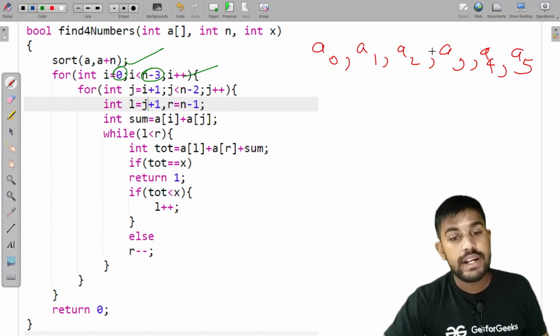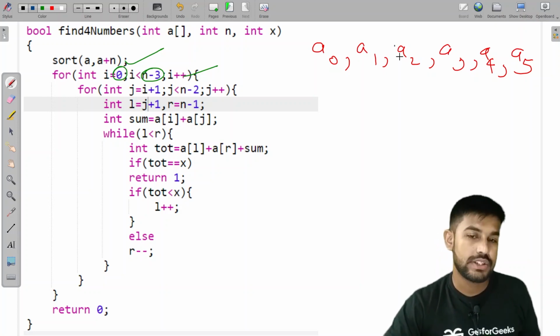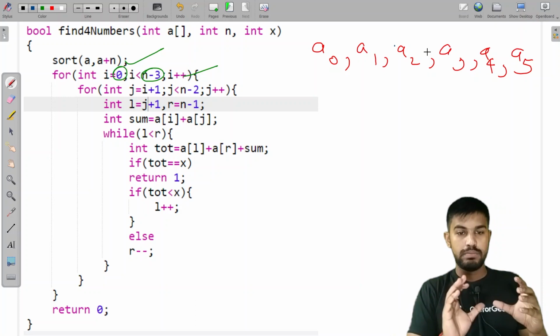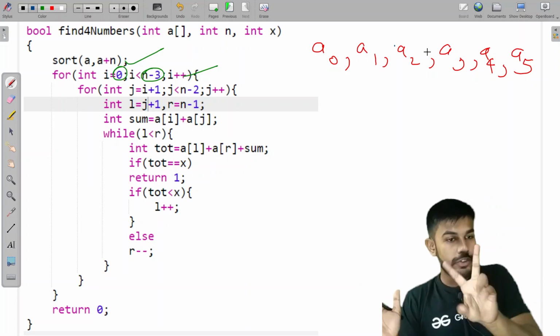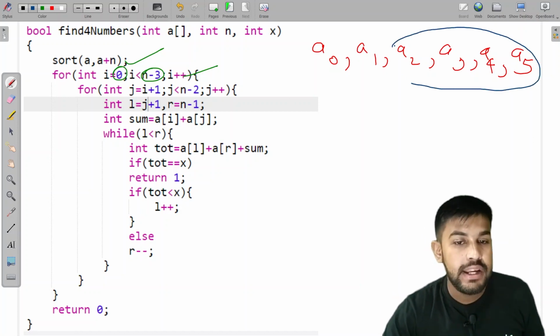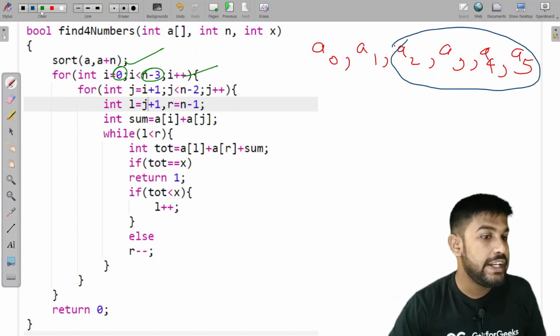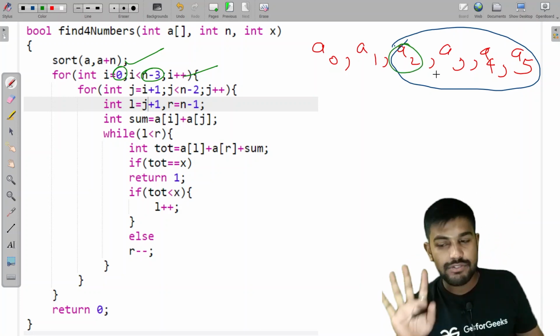So how far can the first element go? Just think about it. The second element would be here and the third element from the leftover places. So we need to have the fourth too, so it can be till the border line. We need to have the first element at max till here because we still need 3 more elements.